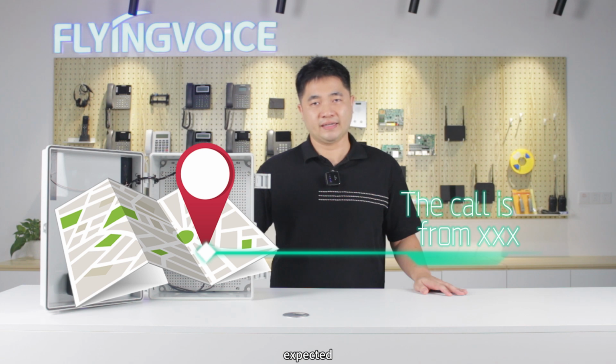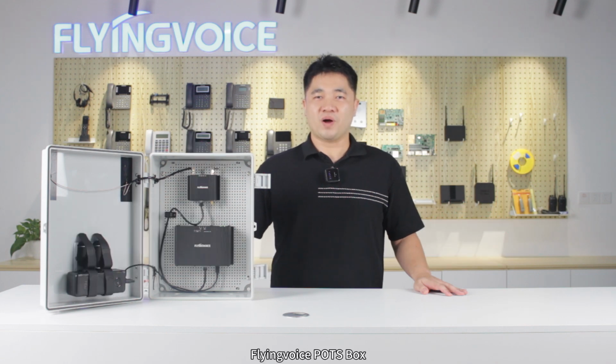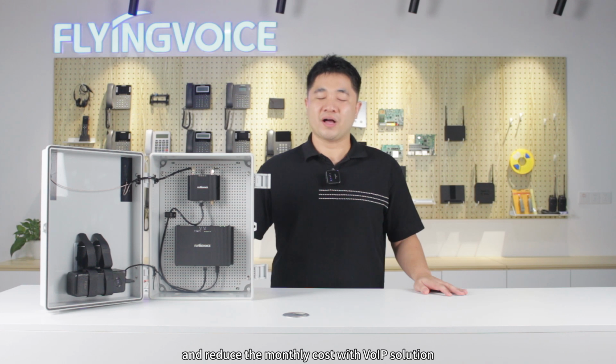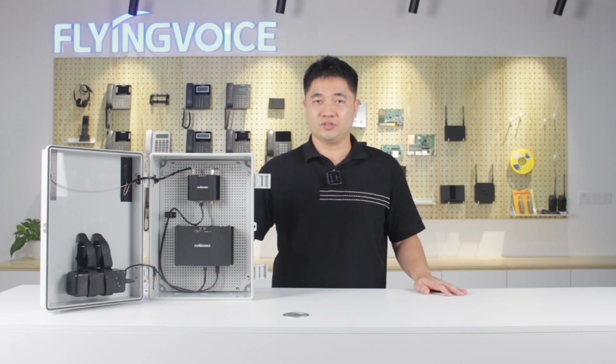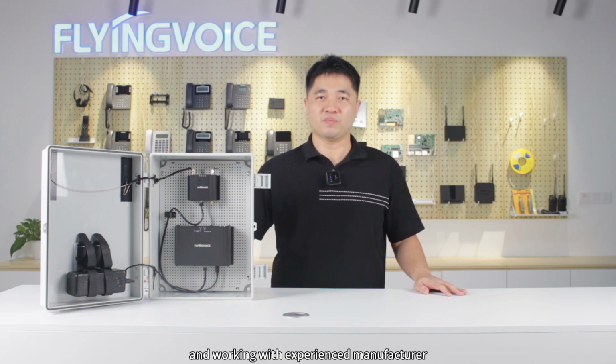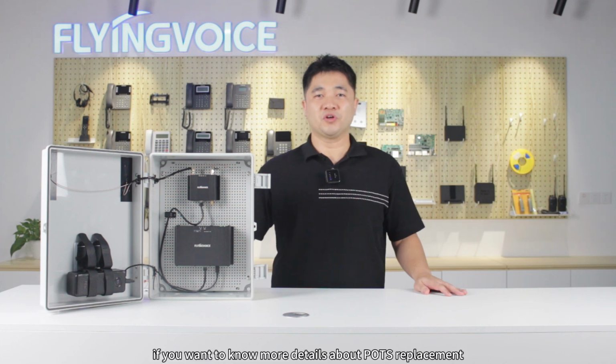Flyingvoice POTS Box offers features and benefits which are not available with a traditional POTS line, and reduces the monthly cost with a VoIP solution. Now upgrade your elevator phone lines with Flyingvoice technology, choosing a reliable system and working with an experienced manufacturer to ensure a smooth transition. If you want to know more details about POTS replacement,